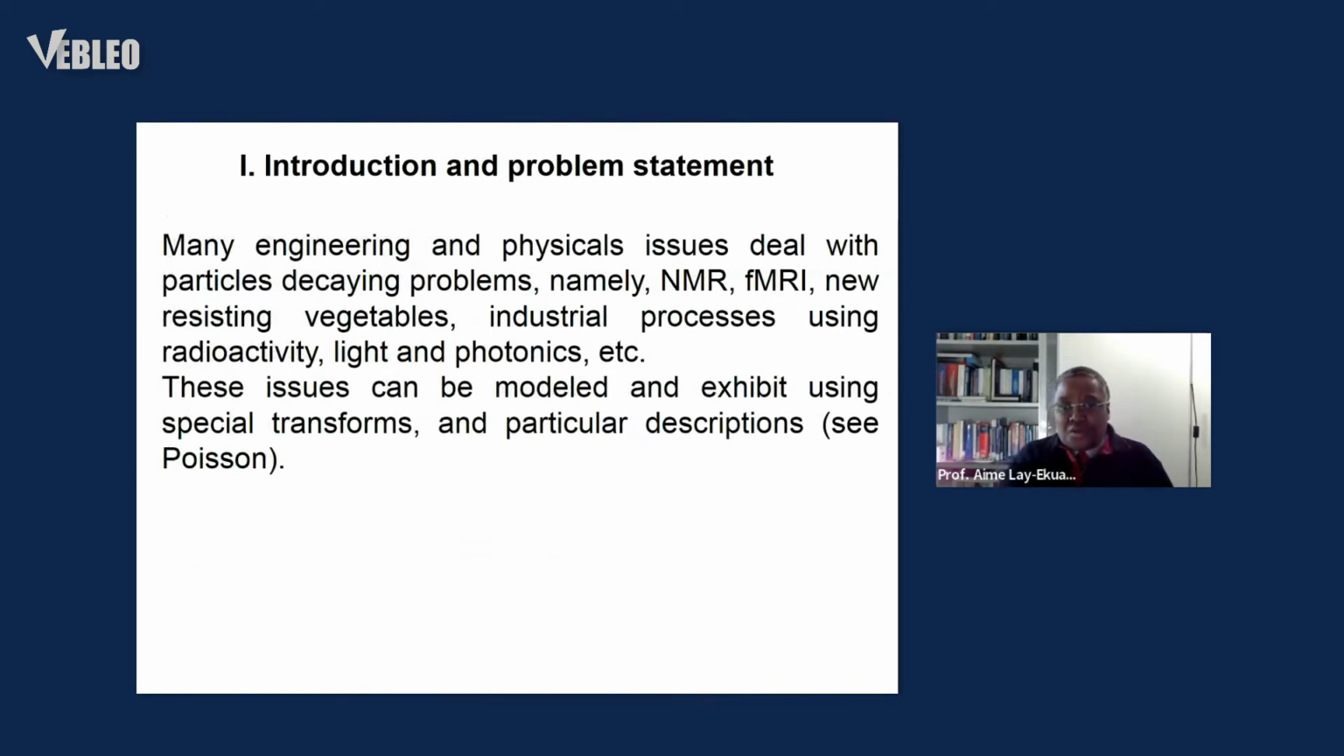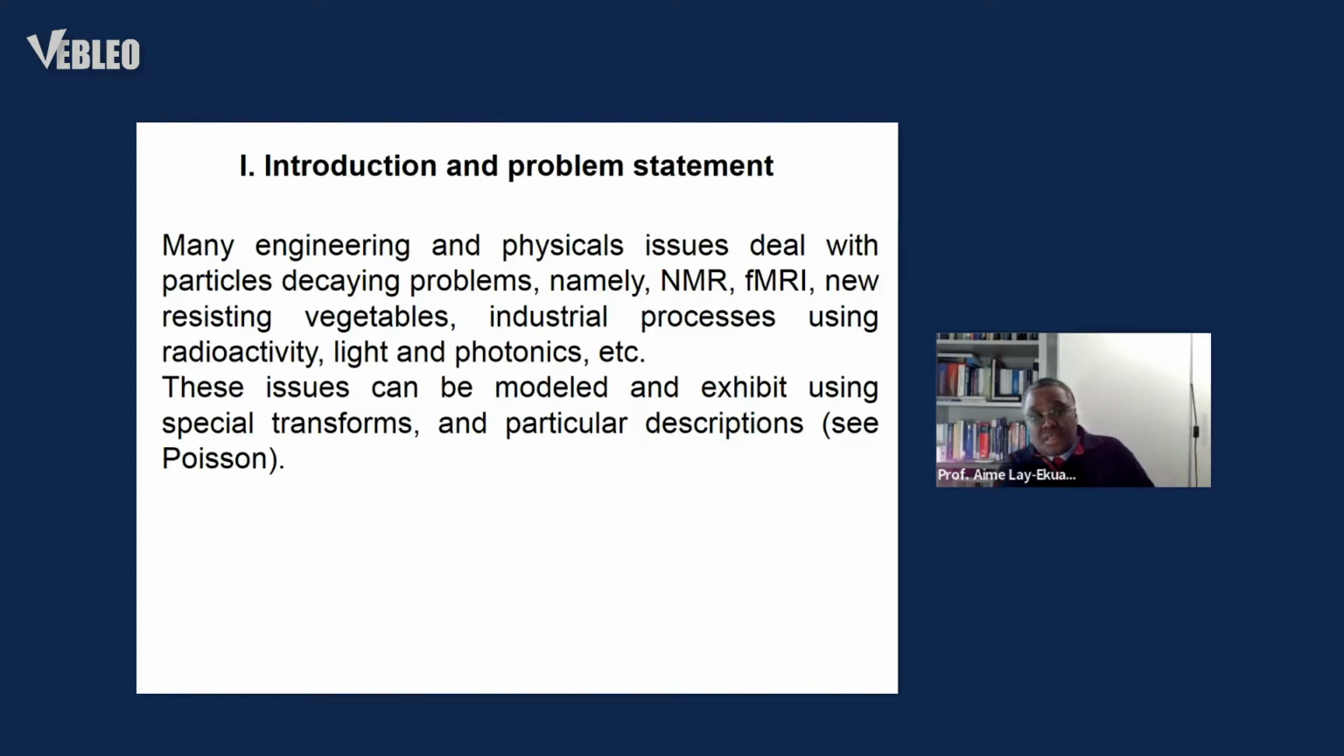So as I told you before, there are connections between some problems, even if in the field of engineering, but connected to decaying processes. We use them in biomedical instrumentation, biomedical physics, such as in functional nuclear magnetic resonance,